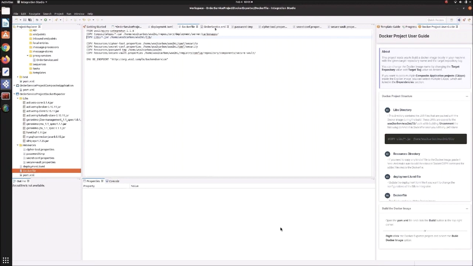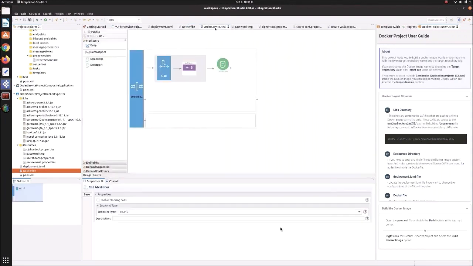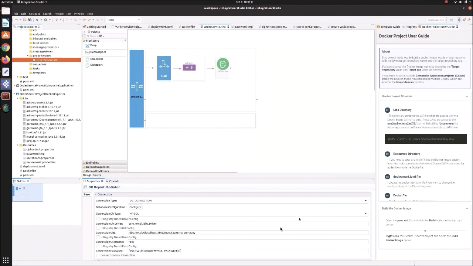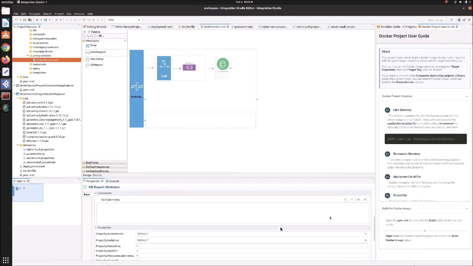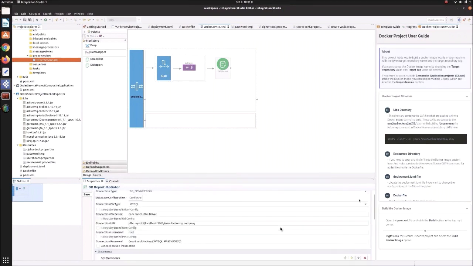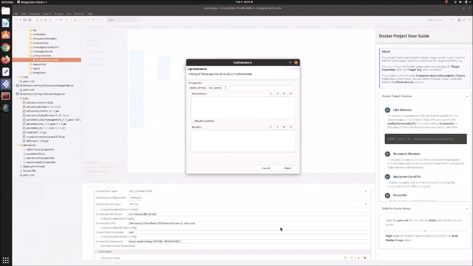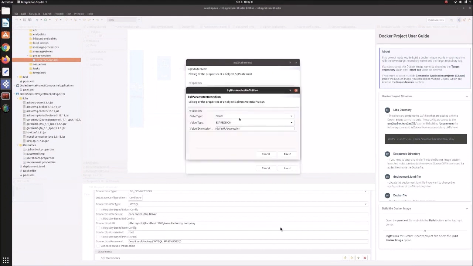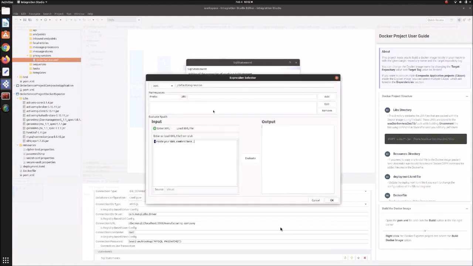Once these are configured, let's go back and configure our DB report mediator. Now we can add our SQL query, let's say an insert into our MySQL DB, and also add some query parameters corresponding to the response coming from the backend order processing system.